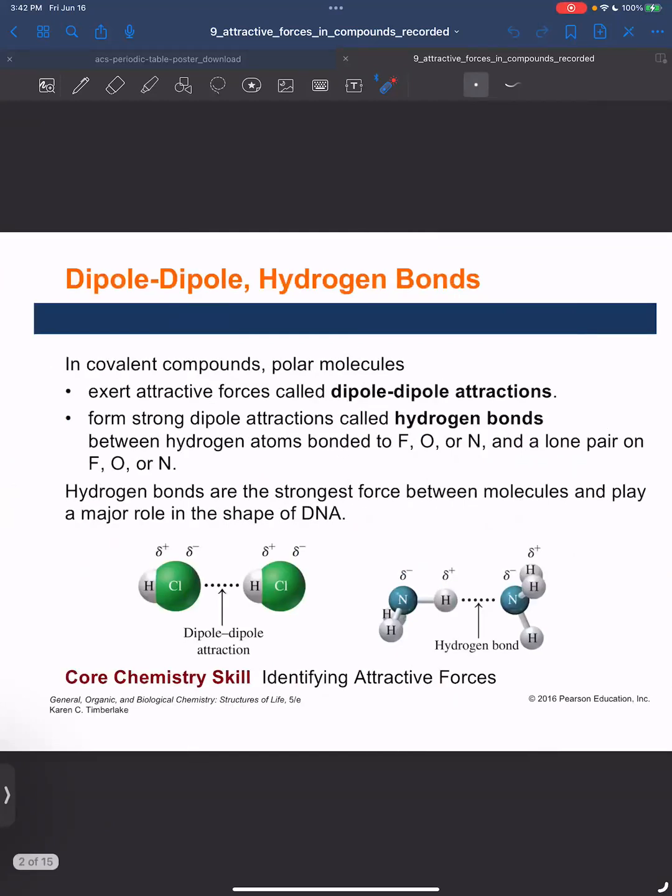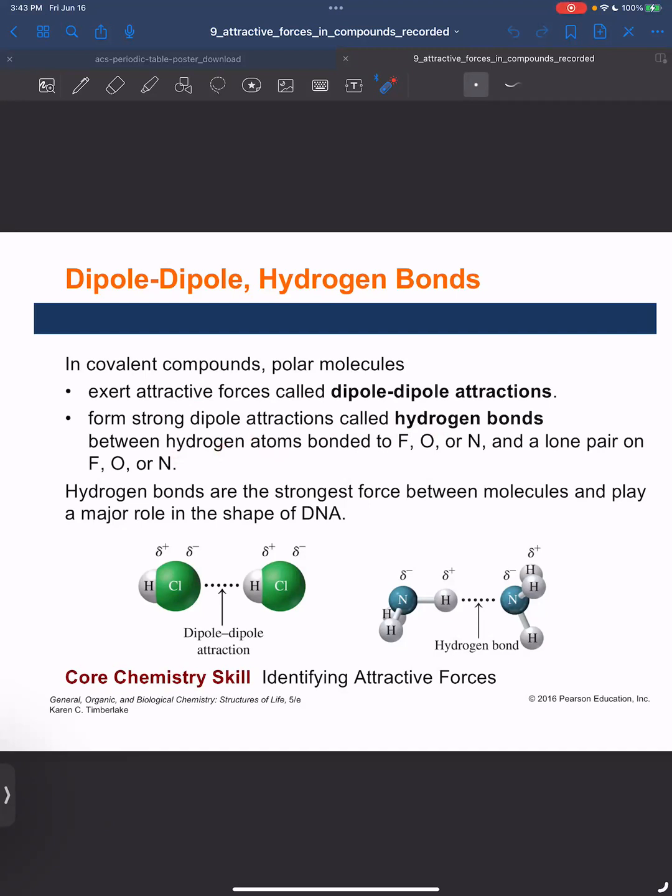So in the previous video, we discussed how to determine if a molecule is polar or nonpolar overall. So you'll use that knowledge from a previous video. If you have a polar molecule, they will exert attractive forces called dipole-dipole attractions. They possibly will form strong dipole attractions called hydrogen bonds,